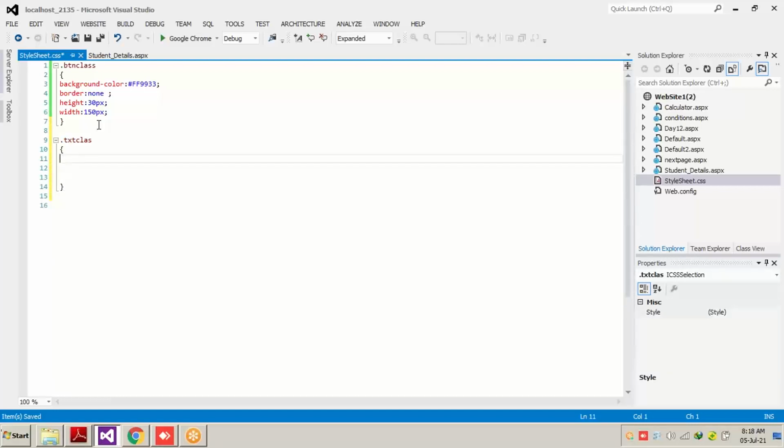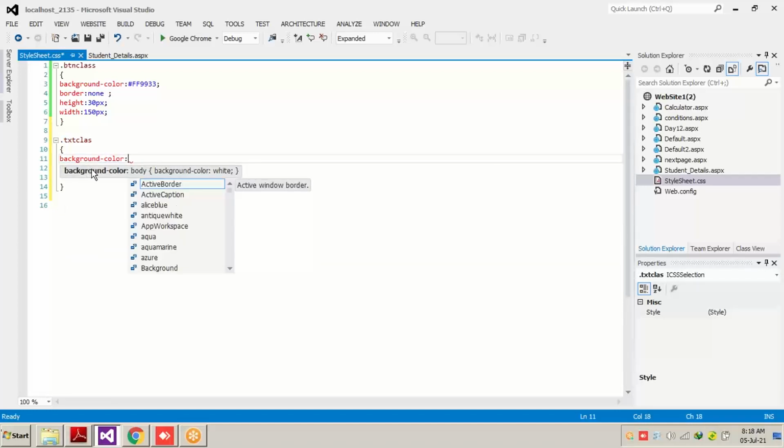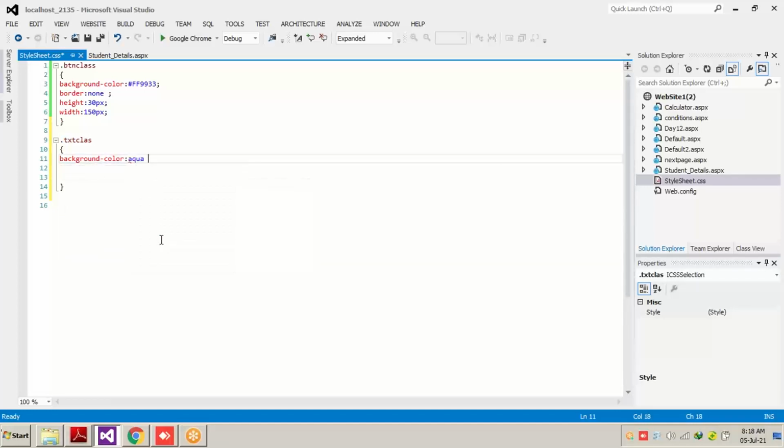Okay. Now, what do you think your text box should look like? I want my text box's width and height to be the same, and the background should be a somewhat different color. So I will write back color. I will be choosing aqua.